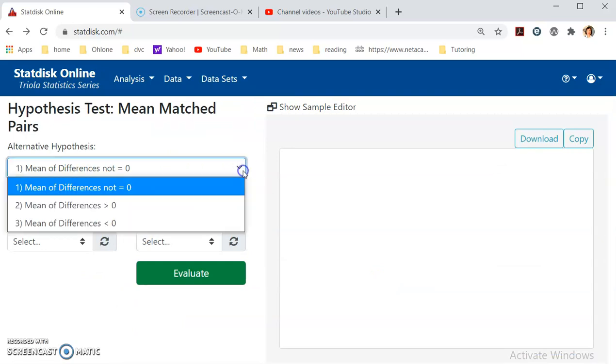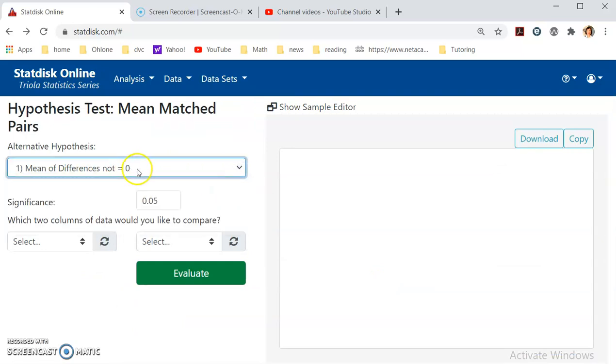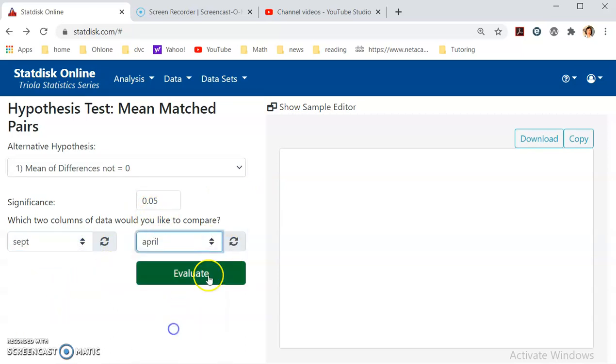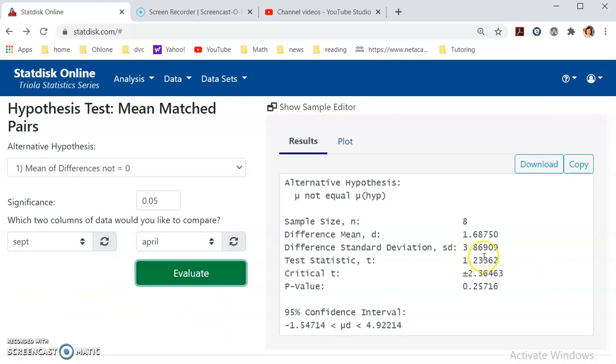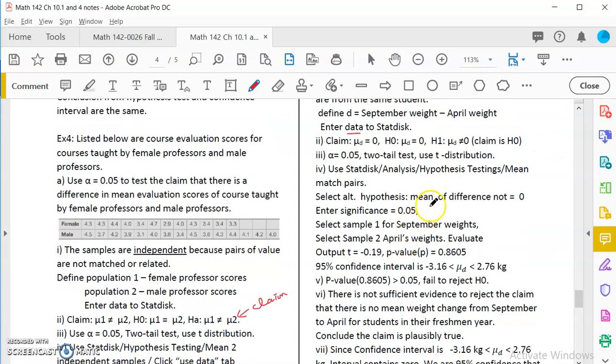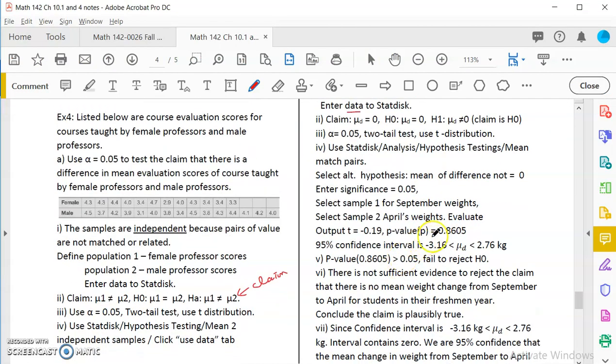So you would say that the alternative is not equal. You want September and April evaluated. So that is the test statistics 1.23, p-value 0.25, and yeah, so that's p-value how